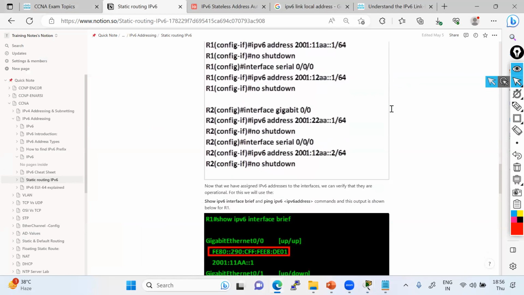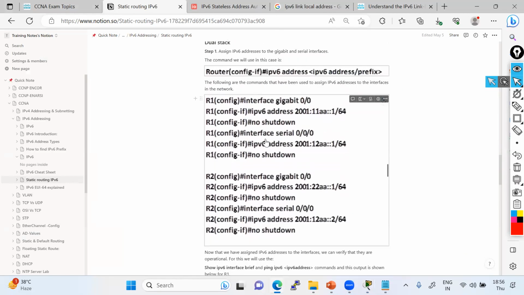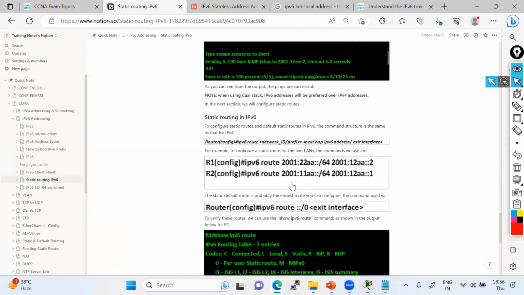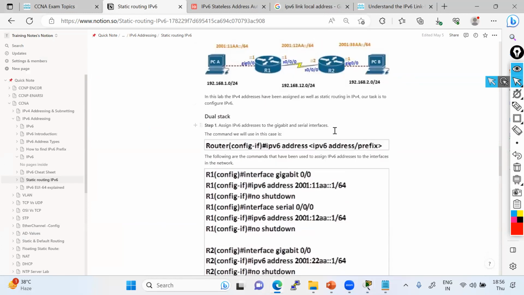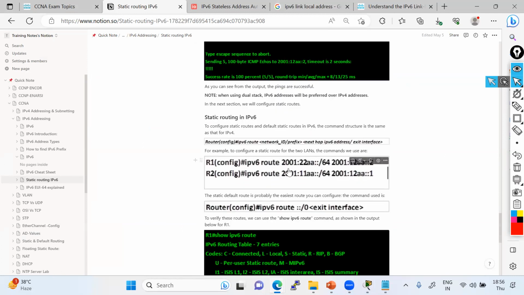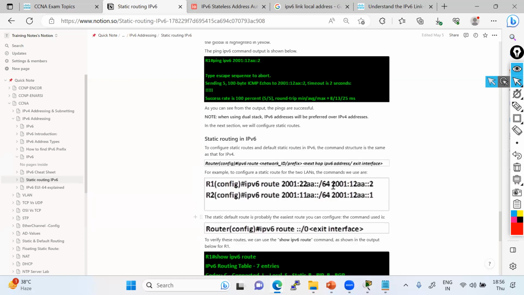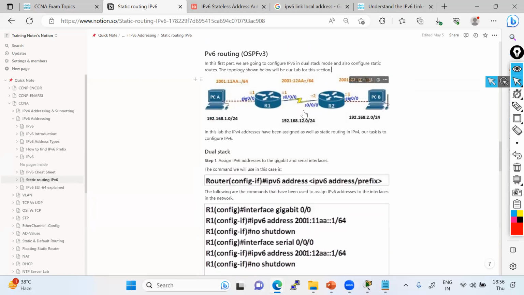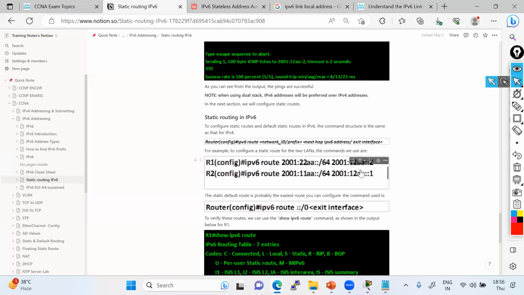So see how routing is done. So all these IP addresses have been defined. There is no problem. We just have to define this on R1 and R2. See, this is the routing we have to do. So let me just do as per this, right? So we just have to do R1 and R2. Okay, so what they are doing, IPv6 and 12, and they have defined for the 11. Okay, the same thing we are doing. There's no problem. The same steps next also.